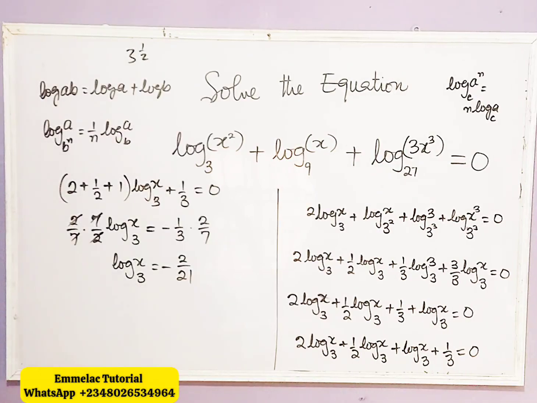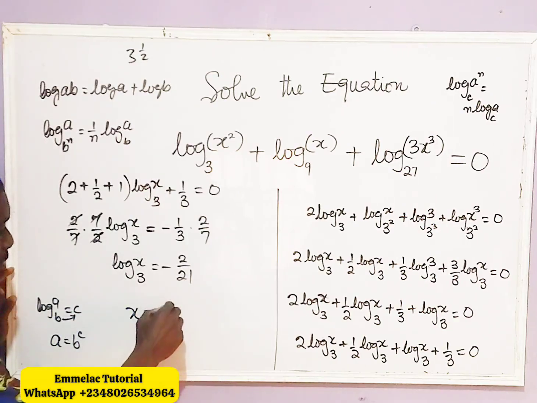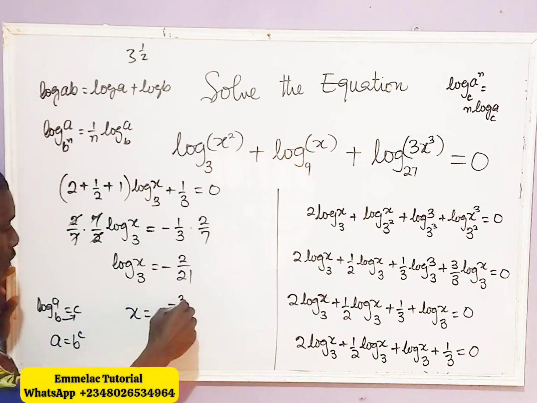Basically this is just a rule according to the law of logarithm, that if you have log a base b equals c, this can be written as a equals b raised to the power of c. If we apply that rule here, we have that x will now be equal to 3 raised to the power of negative 2 over